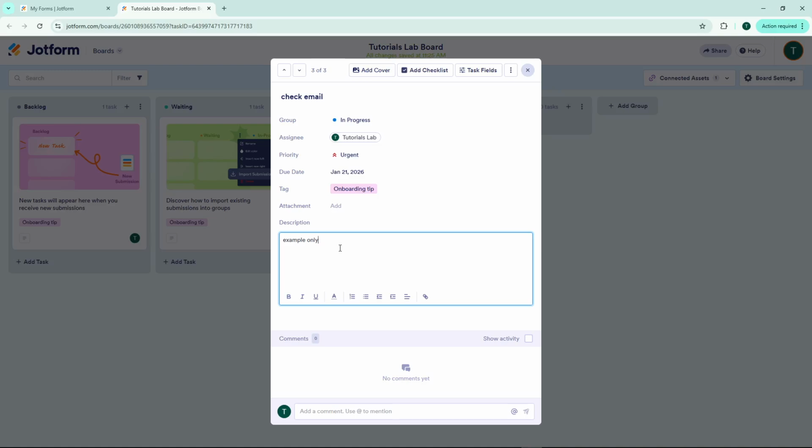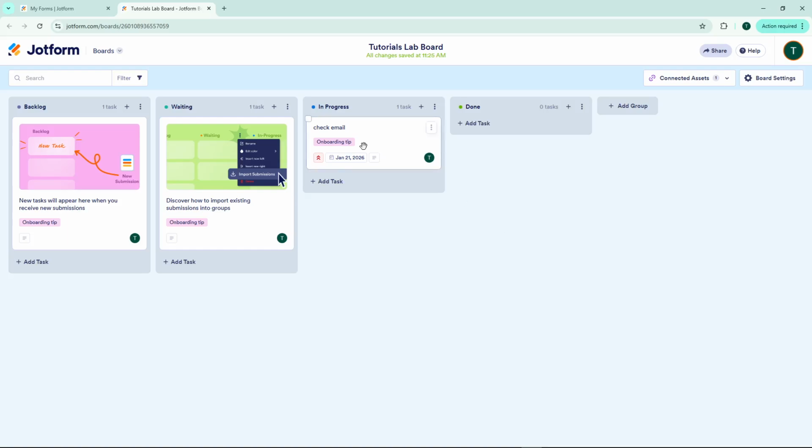Once you've finished entering all the necessary information, simply click outside the task box to save your work. All your changes will be automatically preserved, and your task is now fully configured with a clear due date and all relevant details. You've successfully added due dates to your tasks in Jotform Boards, making it much easier to manage deadlines and keep your projects moving